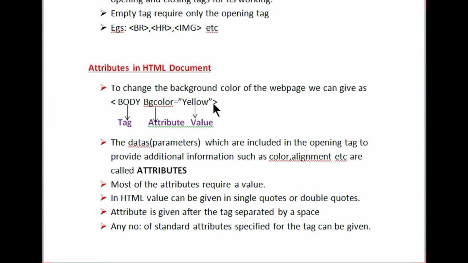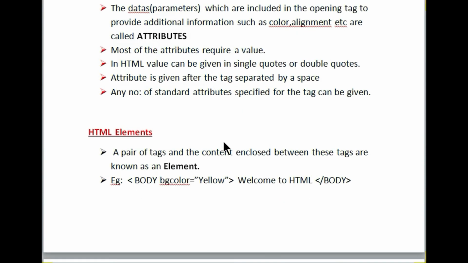More than one attribute can be given by leaving a space between the attributes. There are some standard attributes, and only the standard attributes that are defined for the tag can be used. Any number of standard defined attributes for the tag can be given within the single statement, separated by space between the attributes. Clear?